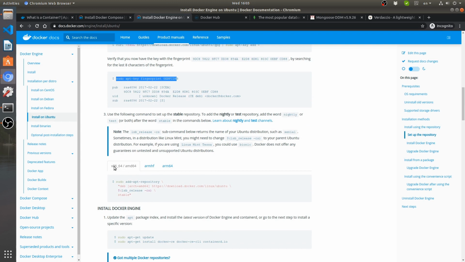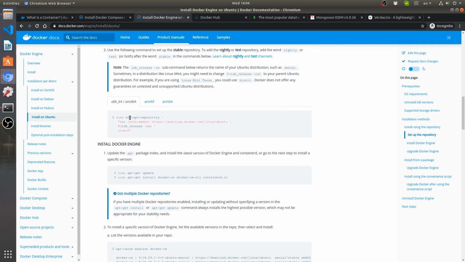This is the regular computer, AMD64. This is for ARM devices, for example, if you were running something like a Raspberry Pi. This is 32-bit, this is 64-bit ARM architecture, as far as I know. You would run the command like this for your desktop, over here for 32-bit ARM, and 64-bit ARM right here. So most people will be running this if you're working on your regular desktop or Raspberry Pi. Once you run this command,